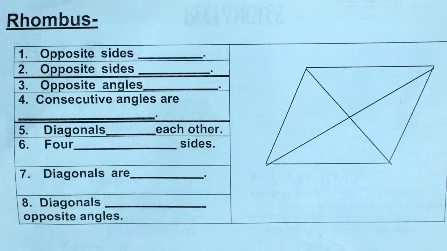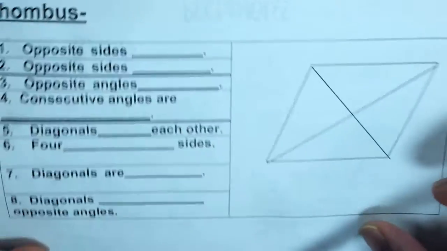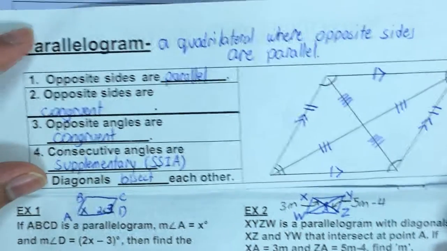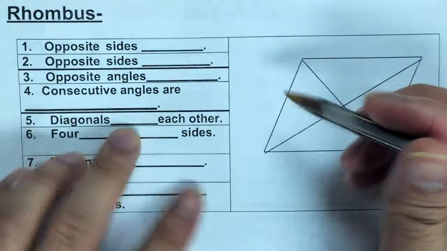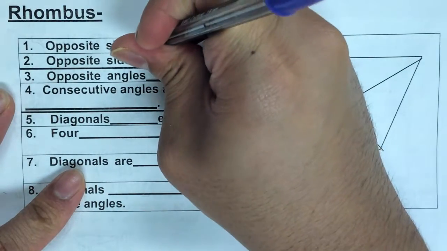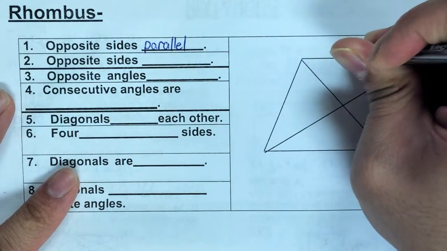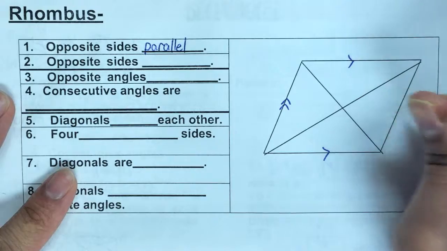Alright, today we will talk about properties of a rhombus. Here we go. So a rhombus, just like a rectangle, is a type of parallelogram. That means all the properties of a parallelogram are also in a rhombus. So just like in a parallelogram, opposite sides are parallel, which means this side parallel here, this side parallel here,